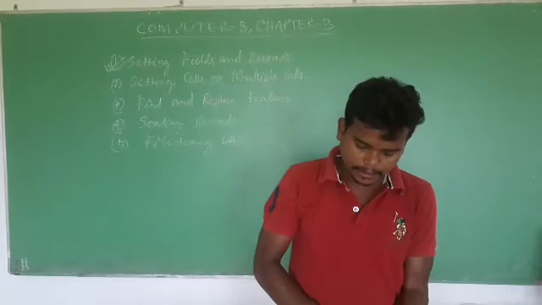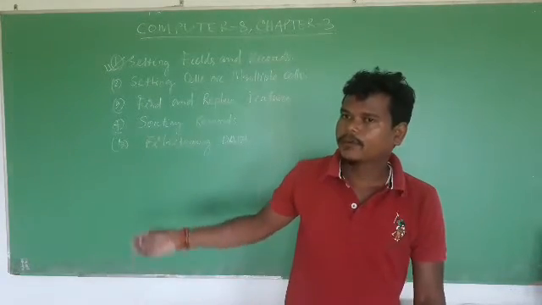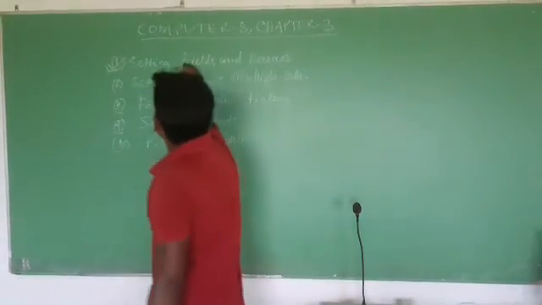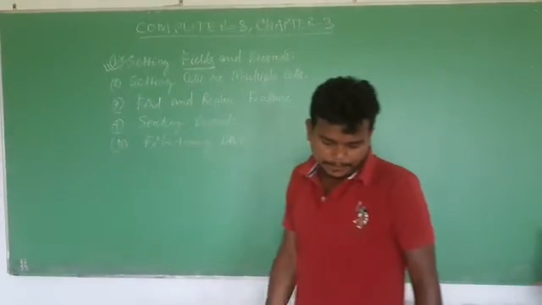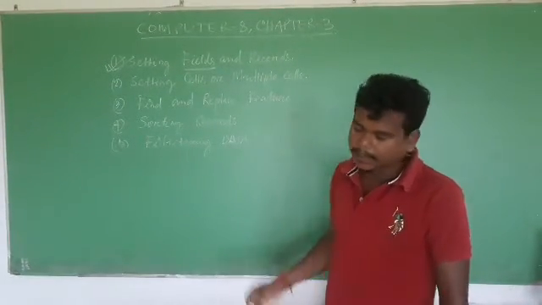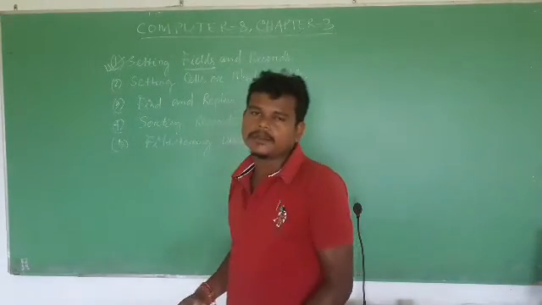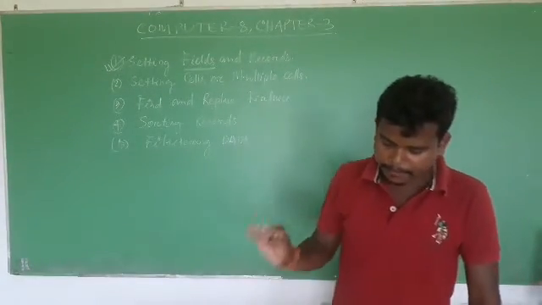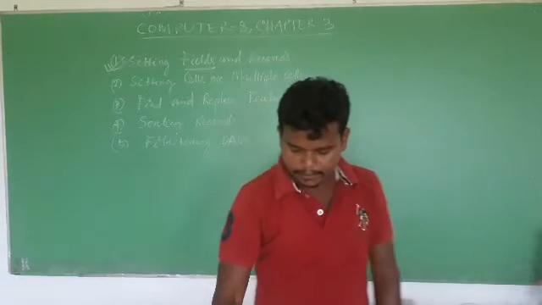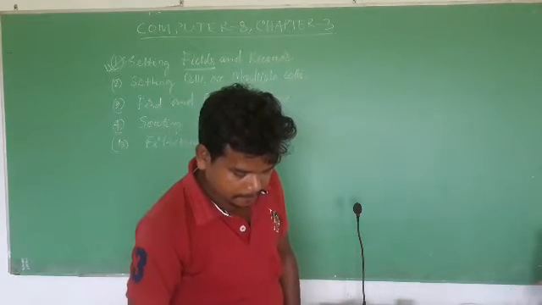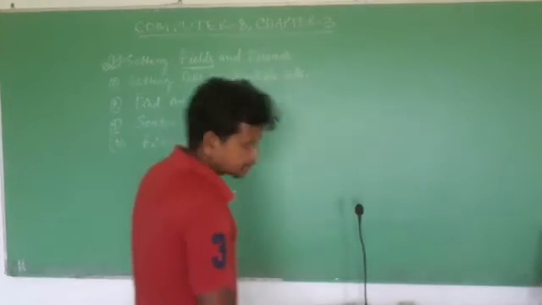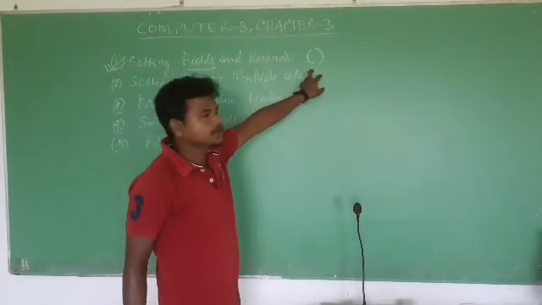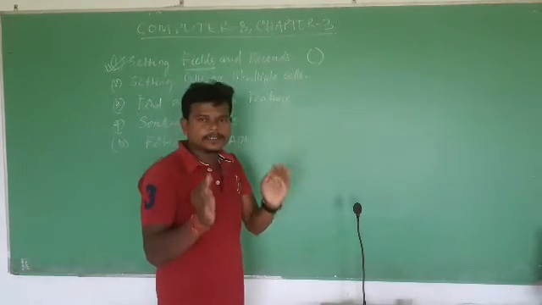Setting the fields, how to make setting fields and records. First of all, what we will do is that we have to select the field, right? What steps should we follow to select the field? First of all, move the mouse pointer over the name of the field you want to select, and then the mouse pointer changes to this sign, which we usually call a bracket sign.